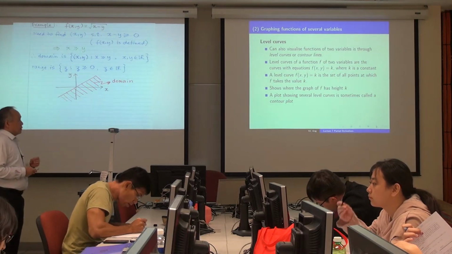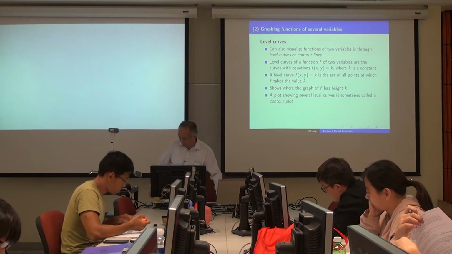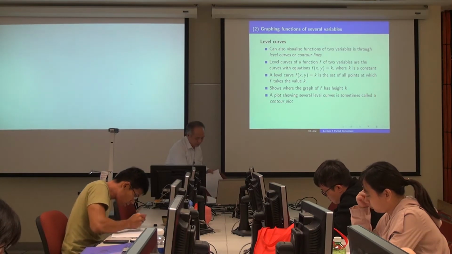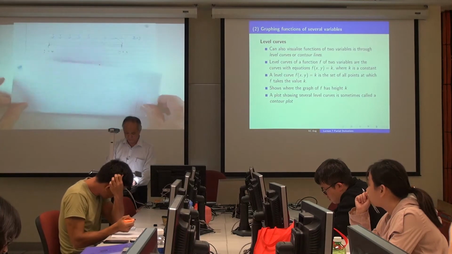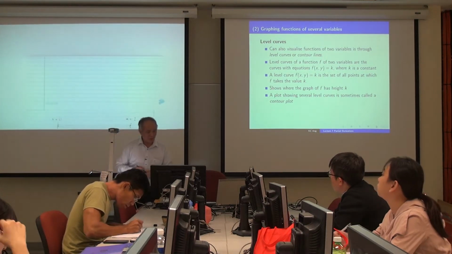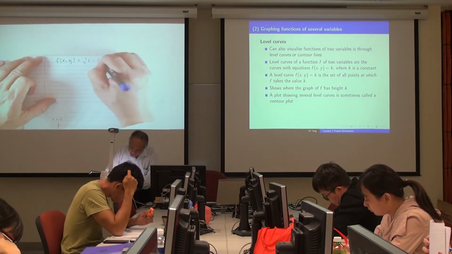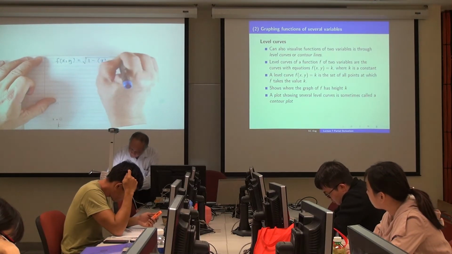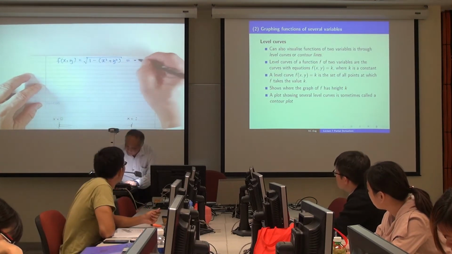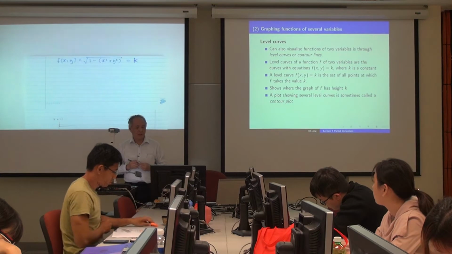If we say, for instance, that f(x,y) equals the square root of 1 minus x squared plus y squared, and we let this be equal to k, and we set different values of k, of course permissible values of k only,